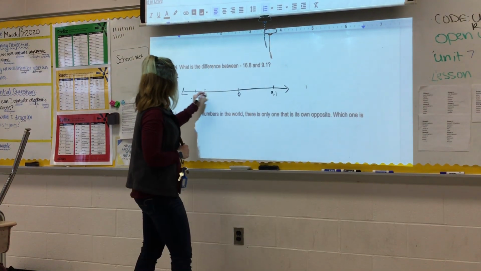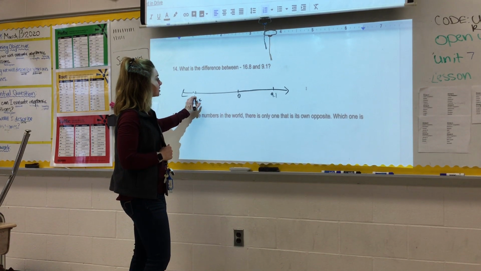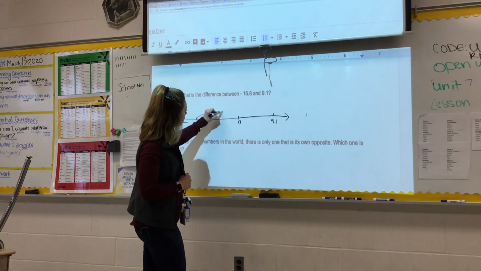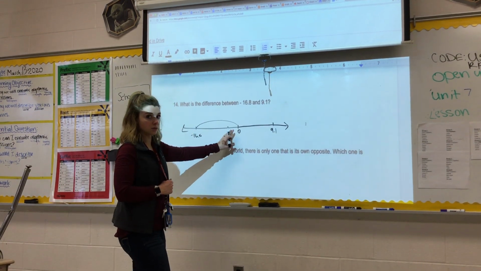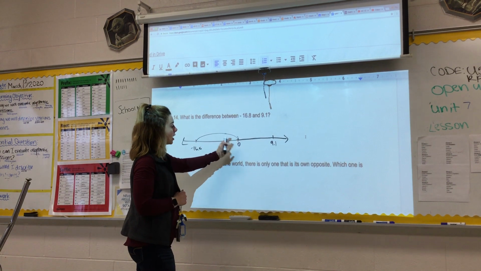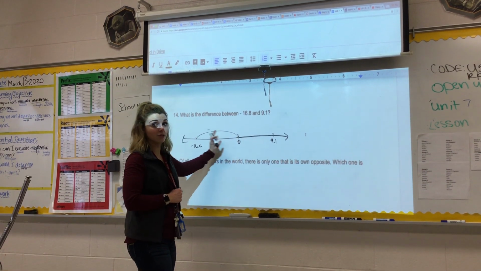So to go from -16.8 to 0, I know I'm gonna have to jump 16.8 spaces. So did I move to the right or the left? I move to the right, so that's like positive. That's like the